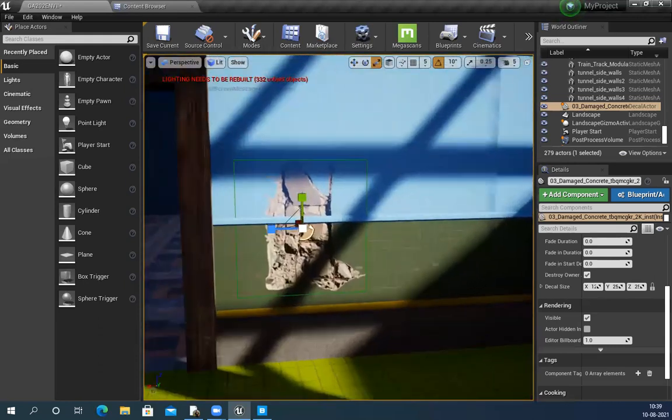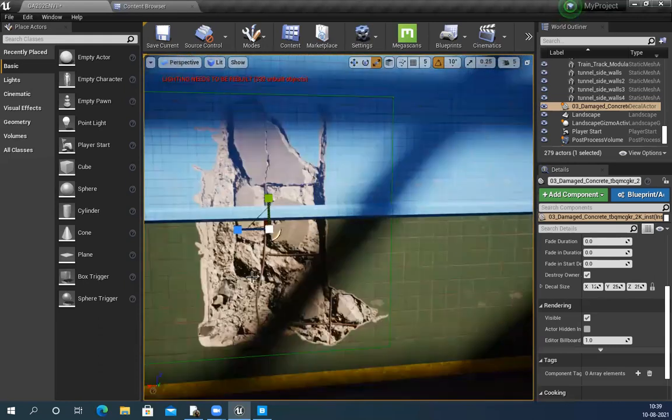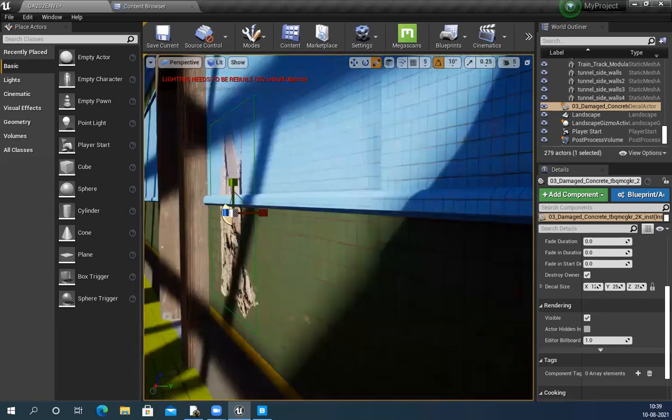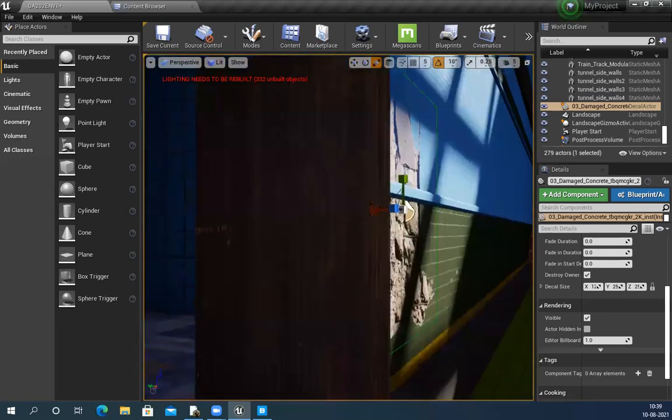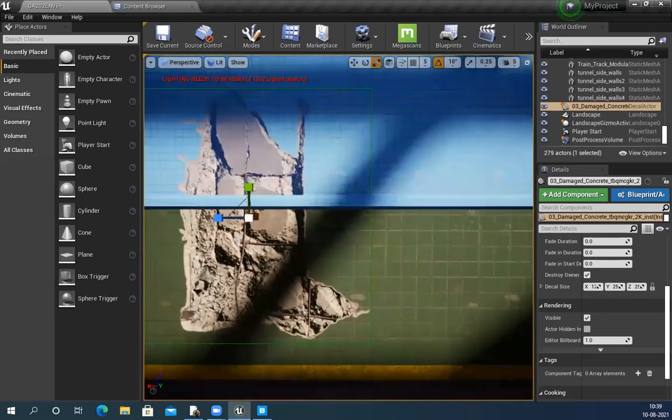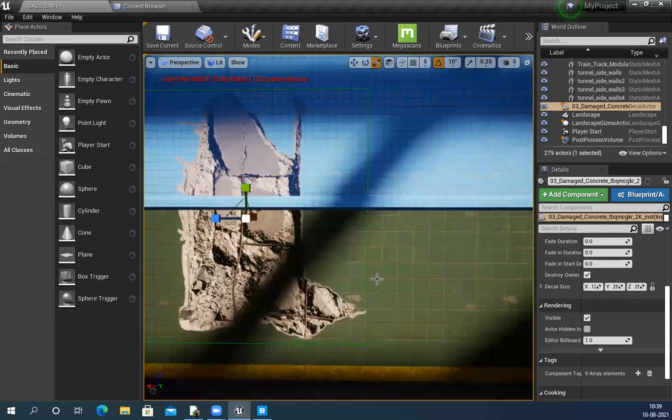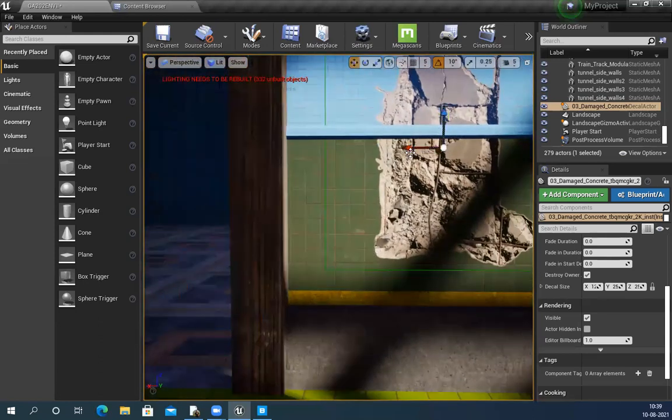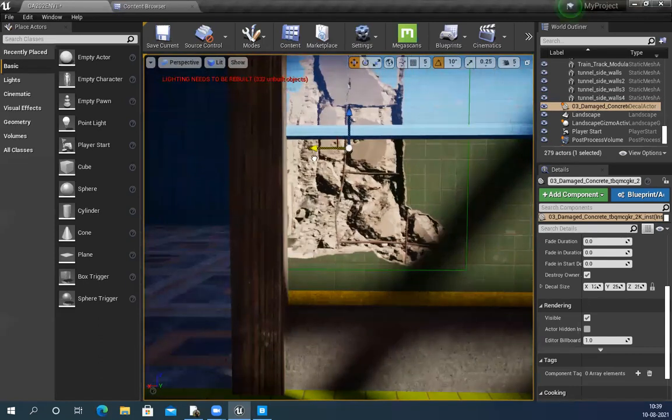Now I can see it will generate shadow, everything, and it's just a projected texture, nothing else. So you don't have any geometry or anything. Everything will look super clean, crisp.